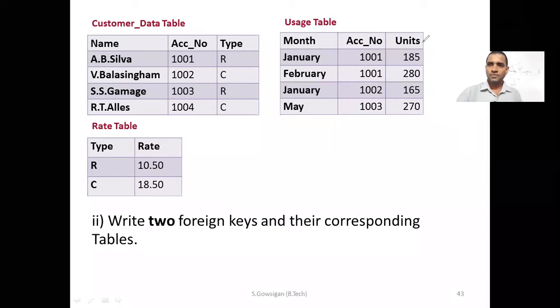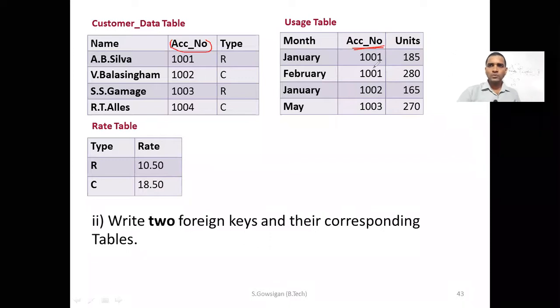Okay, what is it? Account number in usage table, right? It is correct because that same ACCNO is the primary key of customer data table, right? Here it is the primary key. But here in usage table, it is not the primary key. Composite primary key is there, but alone it is not the primary key. So account number is the primary key in customer data table, but that is not the primary key in usage table. So therefore, it must be the foreign key. Okay. So first answer is